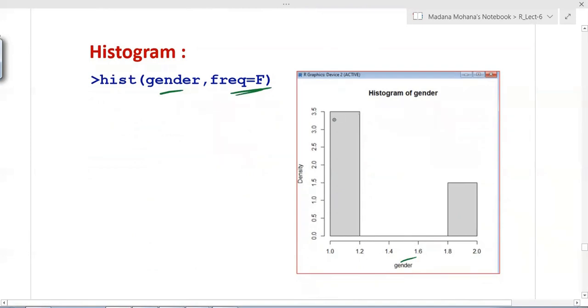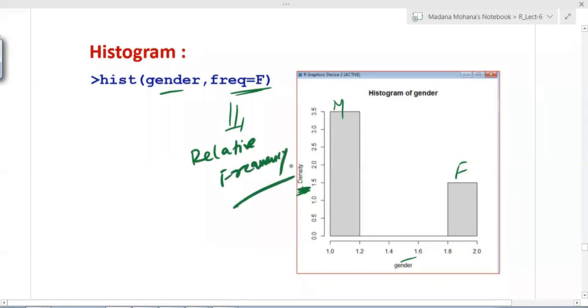So relative frequency, you will get correct values. So here female, then male. Female are less, that is 30%, male are 70%. Now here frequency changed to density. Previously, without this relative frequency, absolute frequency is called, their frequency is taken, whereas for relative frequency, density is taken. Now this is relative frequency.